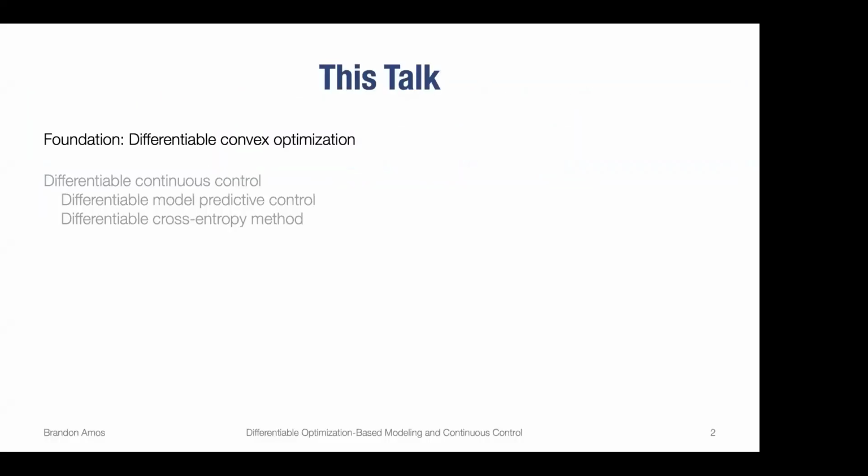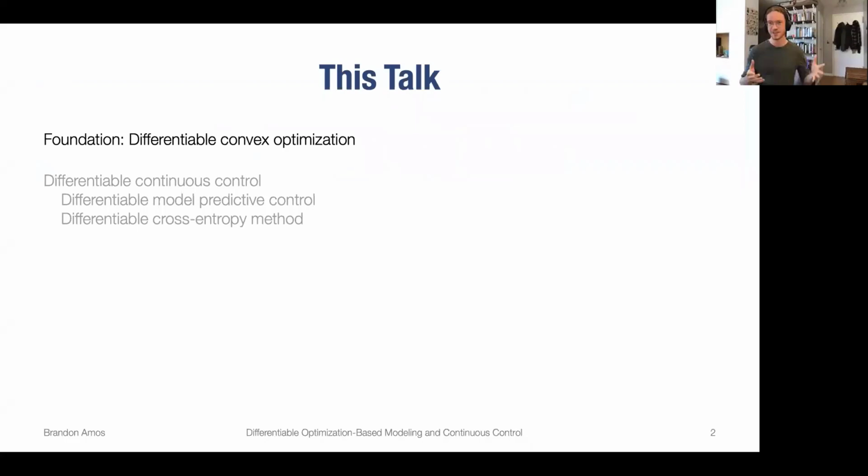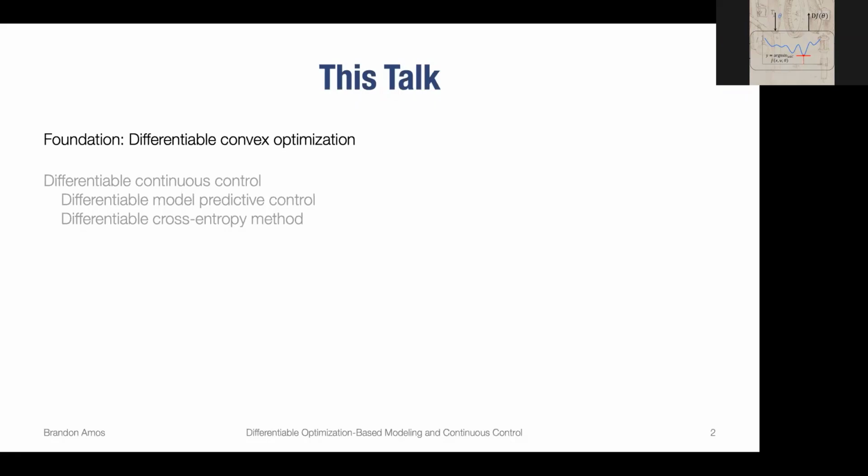So the rough division of this talk is that I'm going to spend about 15 minutes on the first part, differentiable convex optimization, which in the framing of deep declarative networks is one specific way of instantiating a deep declarative network that has a convex objective and maybe convex constraints. And then in the second 15 minutes, I'll talk about applications of this in the controls context, where you can think about your controller as solving an optimization problem, and you can use that as a node in your computation graph.